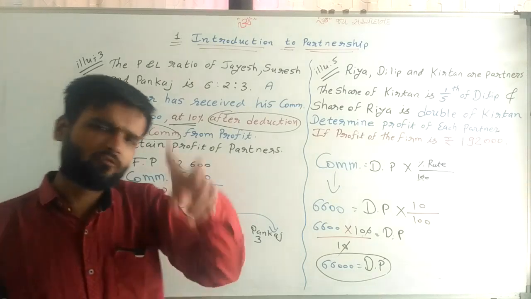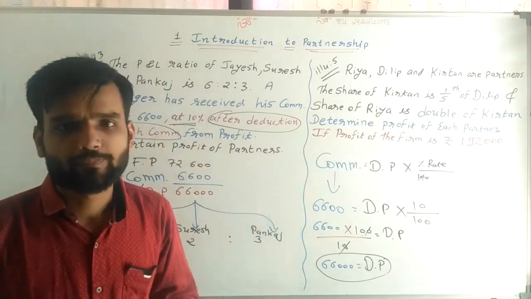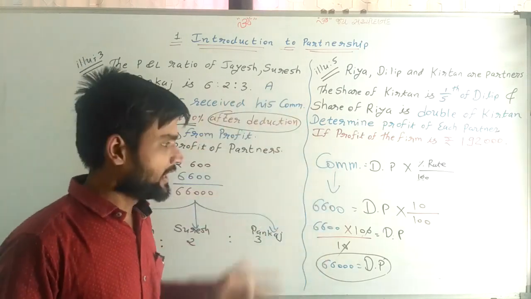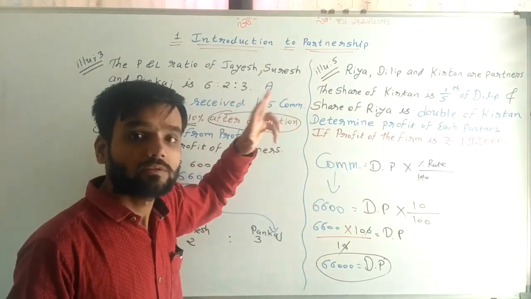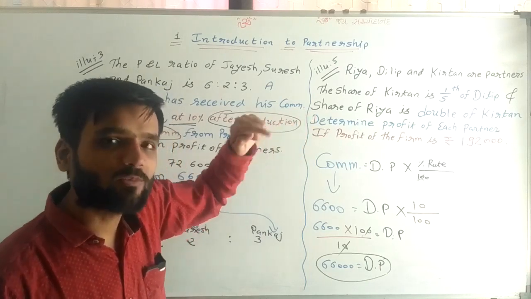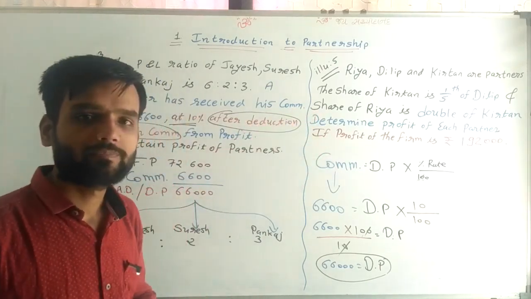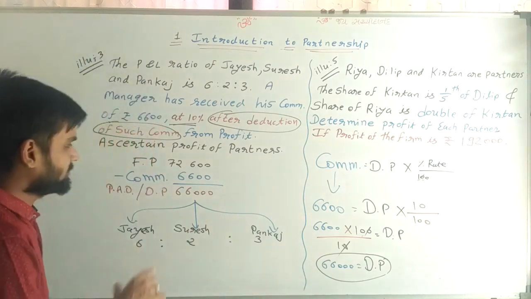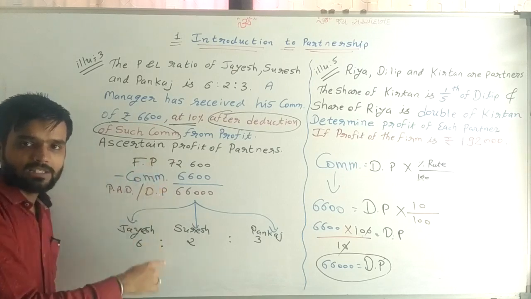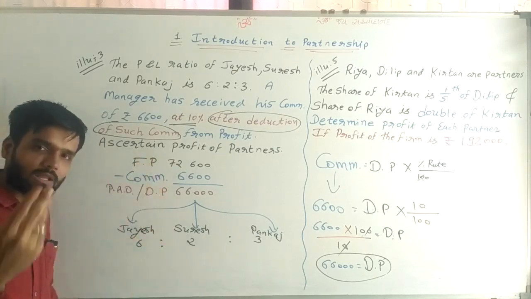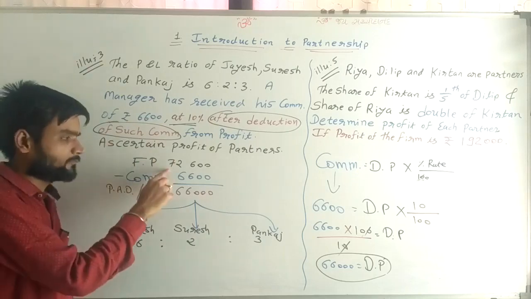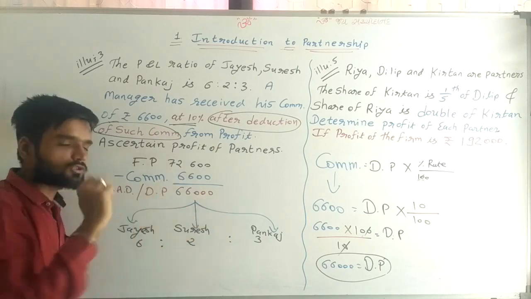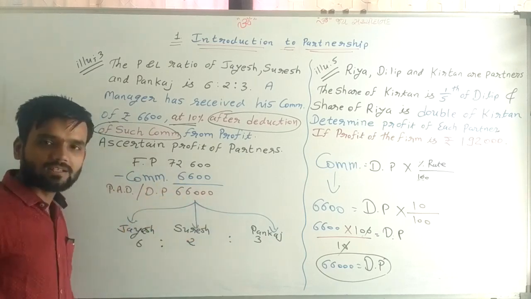Now any one of the two formulas you can use. But by different formulas, you will get different answers. In the first formula, you get the firm profit. In the second formula, the divisible profit. Now, from both, you can use one, and then after, by placing those values in this format, you can find the other value also. Suppose first we have found the firm profit. So, firm profit minus commission, the answer is 66,000 rupees.